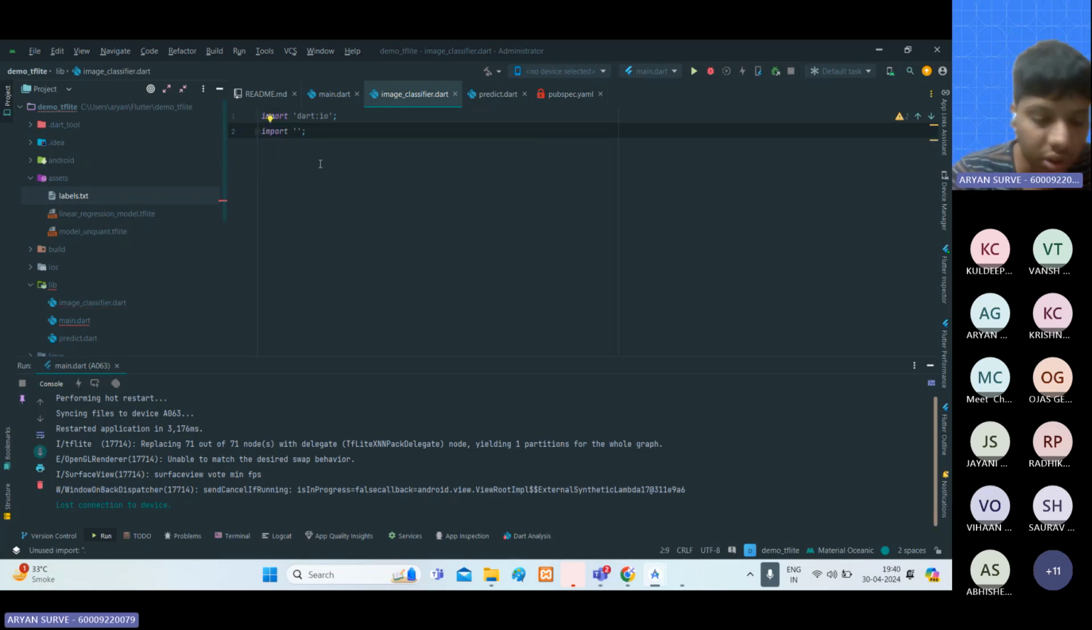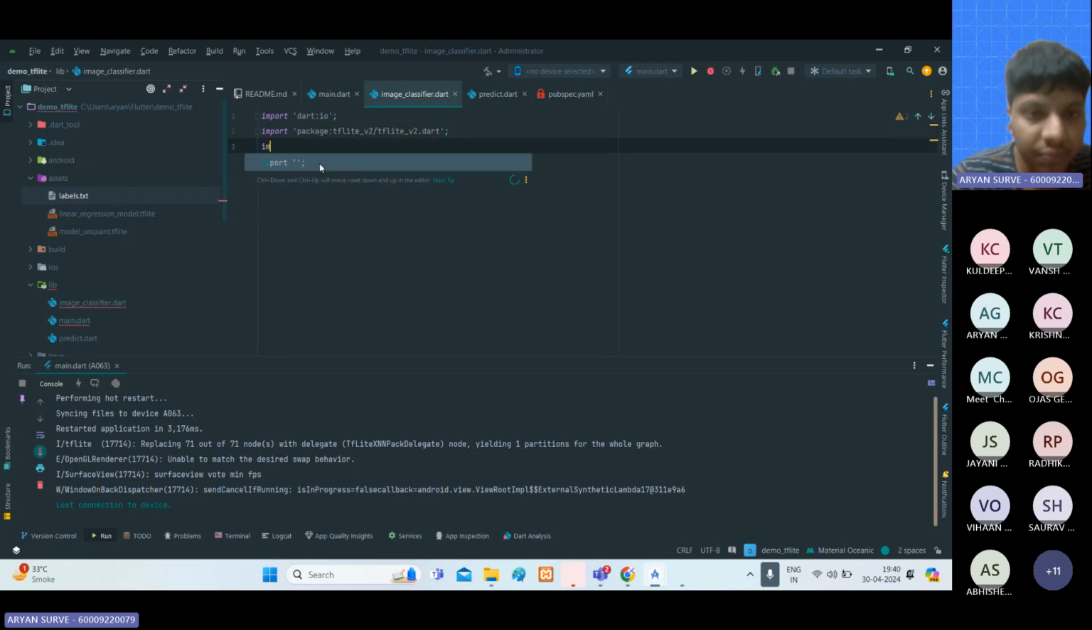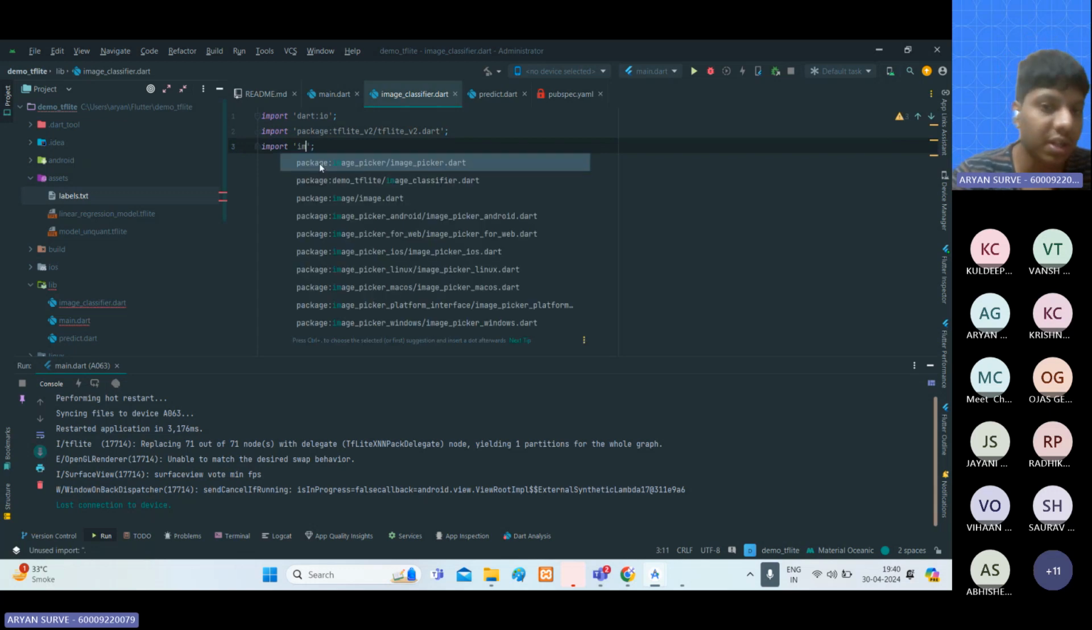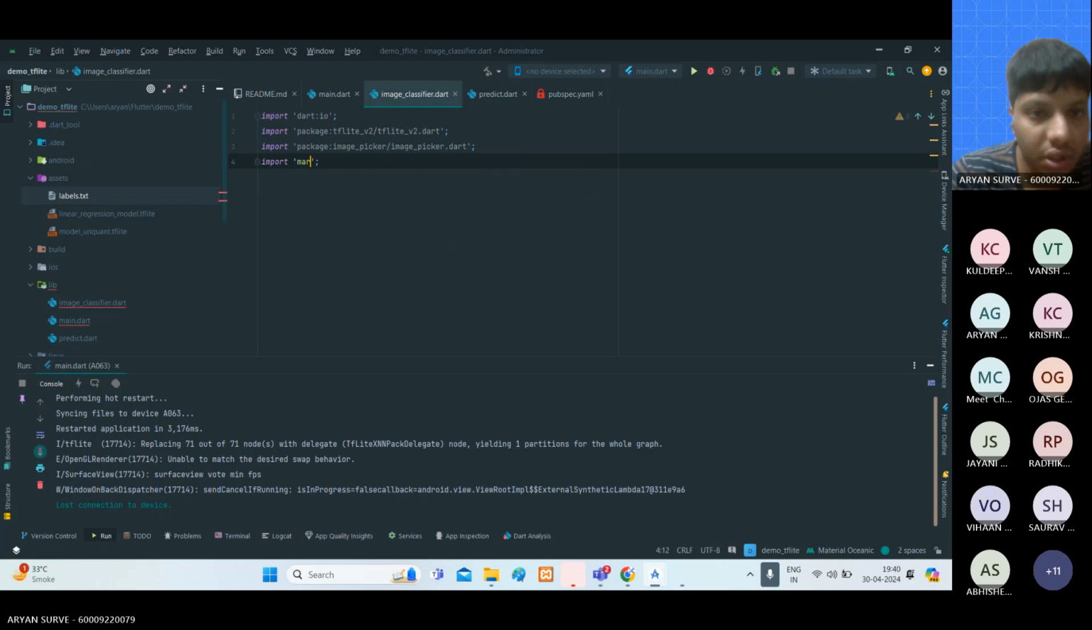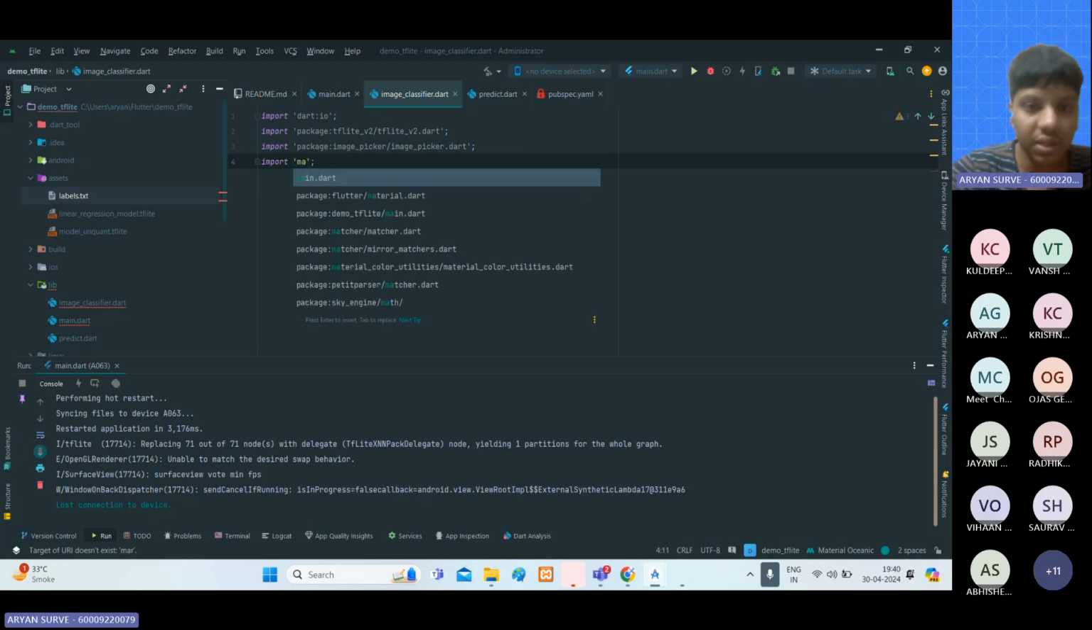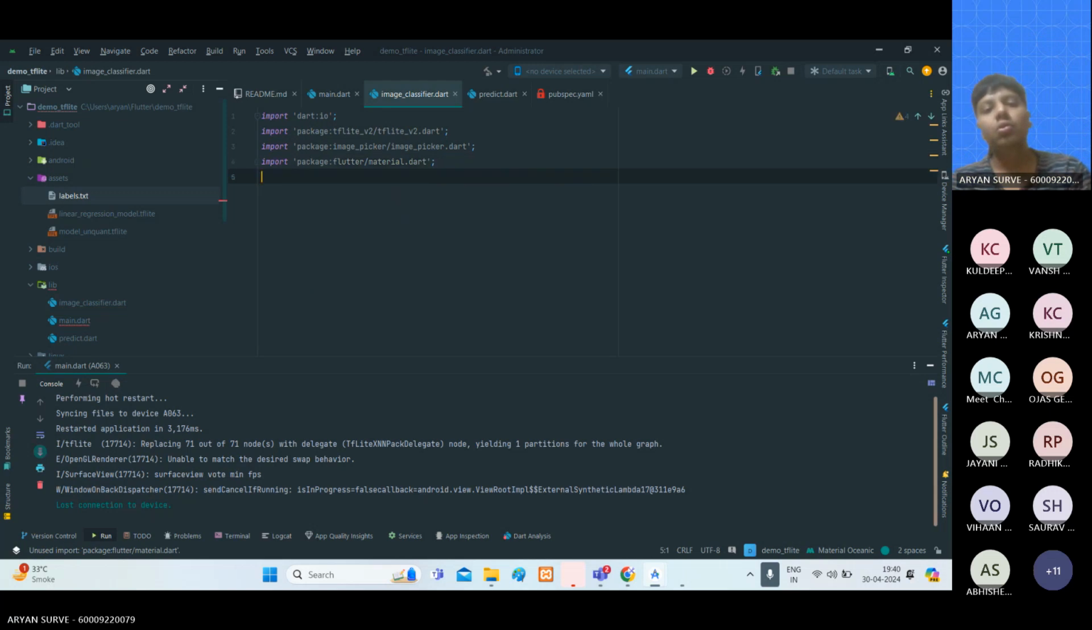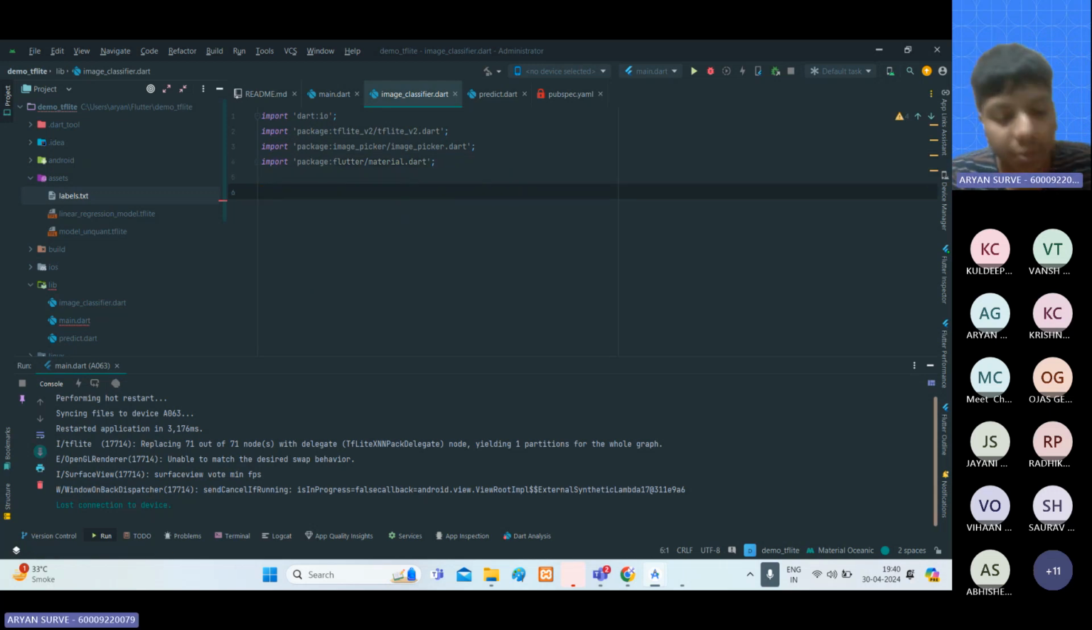After that, we will import TF Lite version 2 for getting the functionality of TF Lite. Then we will import the image picker library because we have to use images from our gallery. For that, we need some UI and functionality, UI/UX. So the image picker library gives us that. And finally, the Material UI for our basic UI system. Okay. So for this Flutter app, we will be using the stateful widget